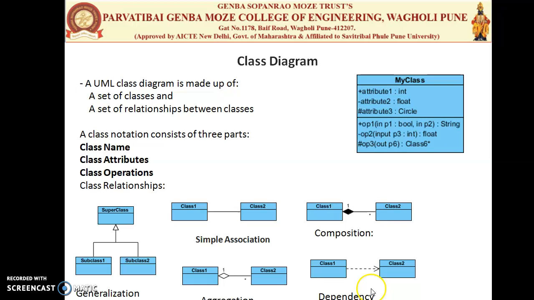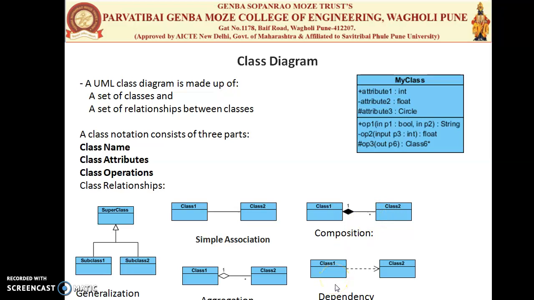And last is to make the difference. Here is a filled diamond, and here is an empty diamond. The filled diamond is the composition and the empty diamond is the aggregation. So aggregation is nothing but class 2 being related to class 1 with some object instances related to class 1, and composition is nothing but if class 1 dies, then class 2 also dies. That is, class 2 cannot stand alone in the system. So whenever class 1's lifetime gets over, class 2 will automatically be destroyed with all its instances.